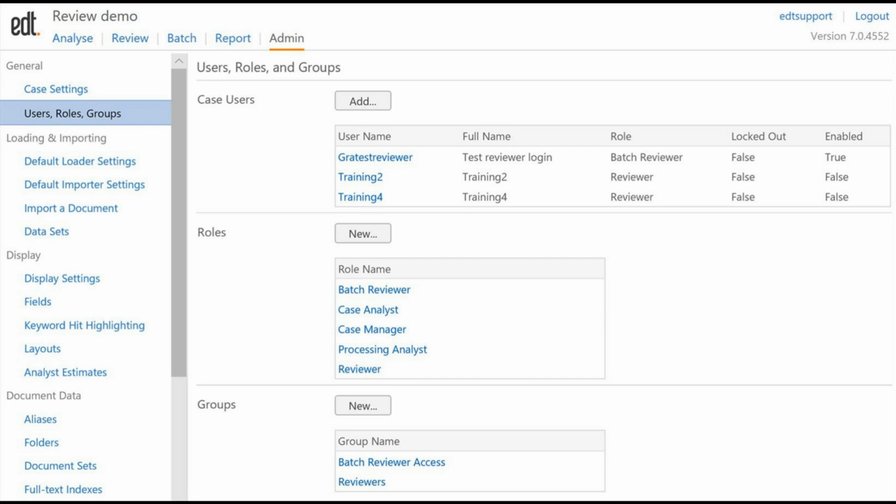Today we will be looking at the new features that have been brought to you in EDT version 8.5. Roles can be defined in a flexible way. In the Administration Users Roles Groups page, click on any existing role to define all functions that this role has